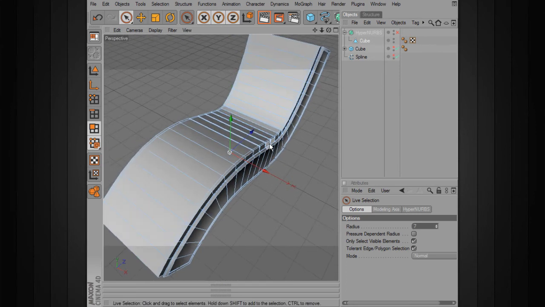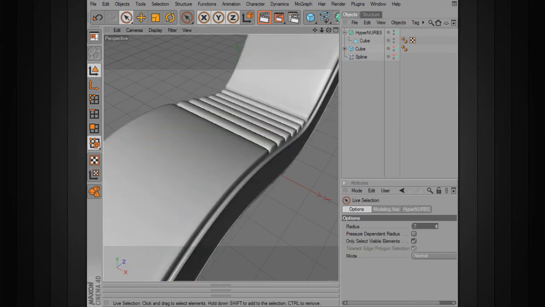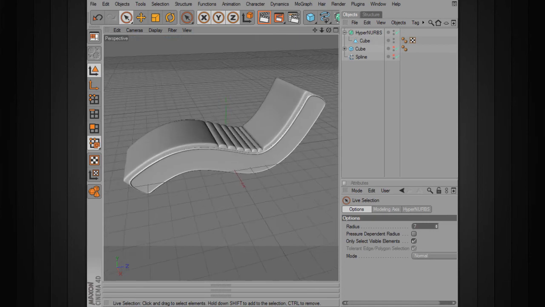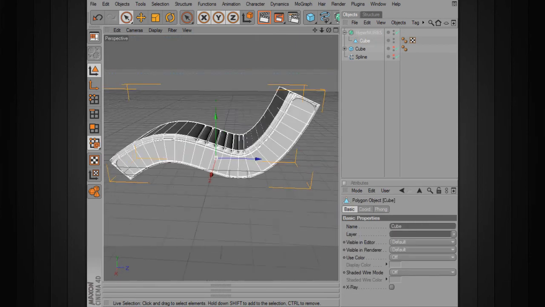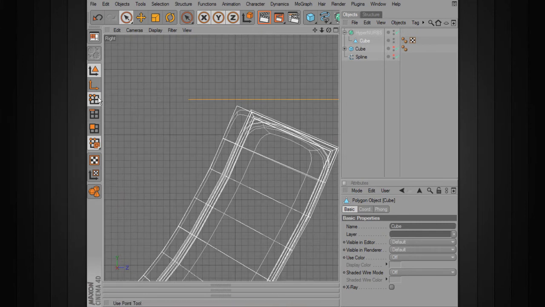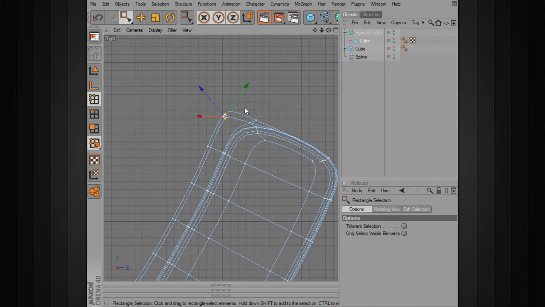So now you can kind of see where that line's been added. If we now turn back on our hyperNURBs and look at it, you can see how we've now got those cushions a little bit more clearly defined. Now if we want to smooth this out a little bit, we can go into our side view, go to the points, and I want to grab the rectangle, draw across here,